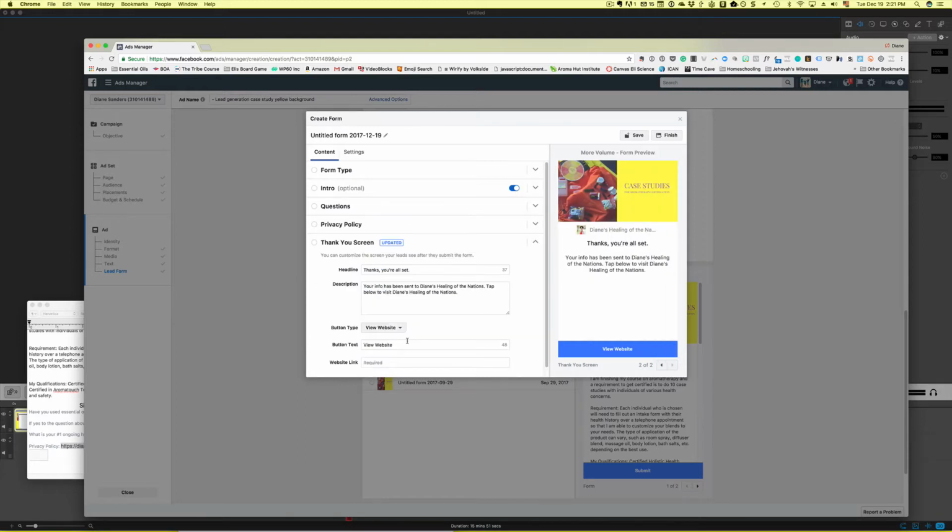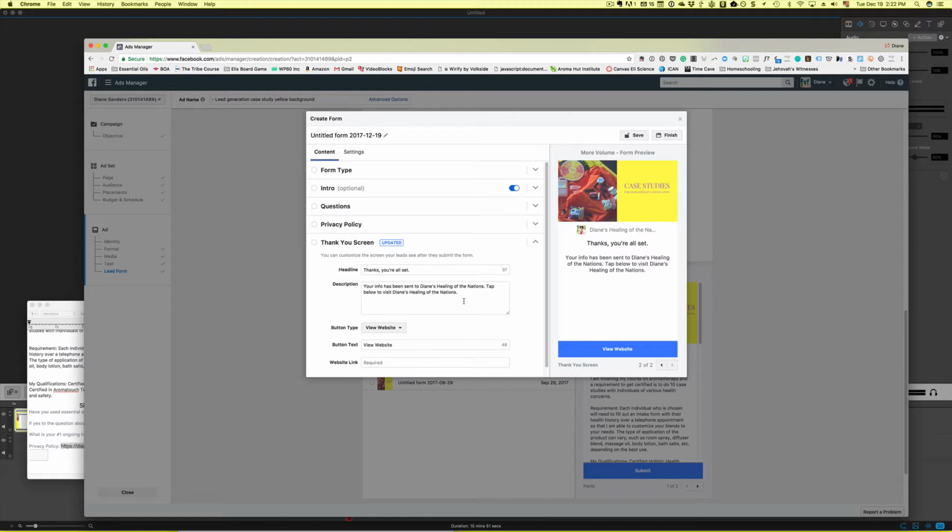Then over here on the thank you screen, now at the end, you can change this. This is what they're going to see once they submit their information. And I'll say, thanks, you're all set. And then in here you can put in, your info has been sent to Diane or Julie or Dee or Jill, Marie, and look out for an email. Usually I put in here, look out for the email that will be sent to you in the next 24 hours. And in that email, you'll get the intake form. And that intake form is only there for you. So as a reference, you don't need to print it out or fill it out,